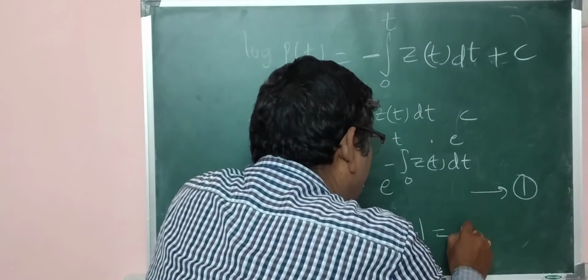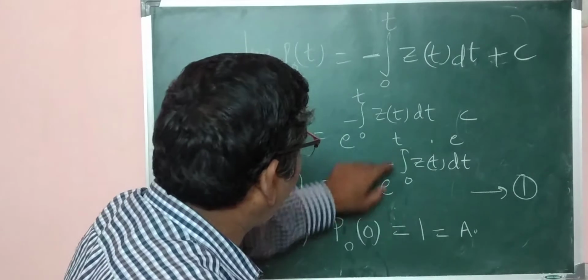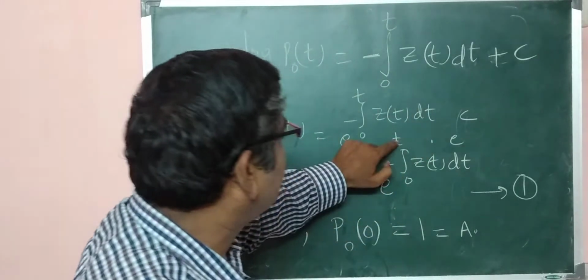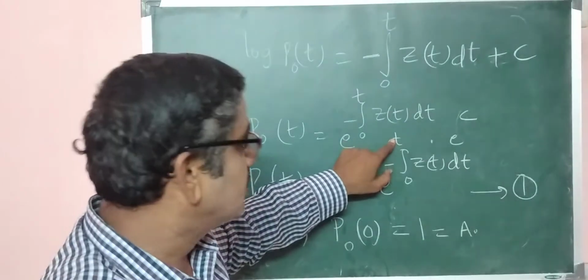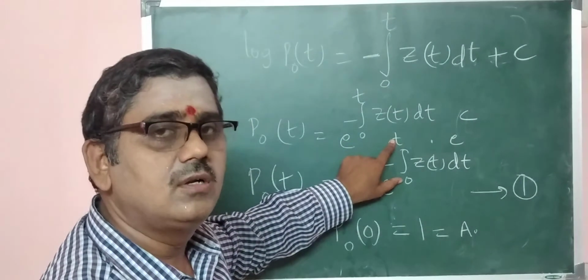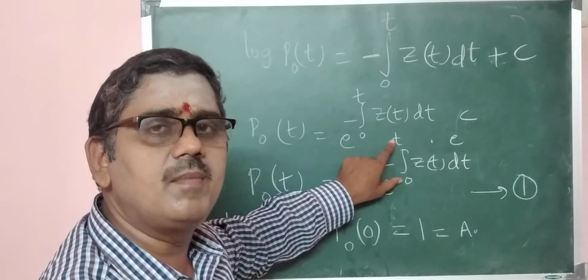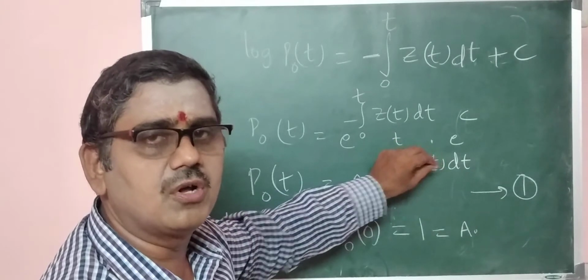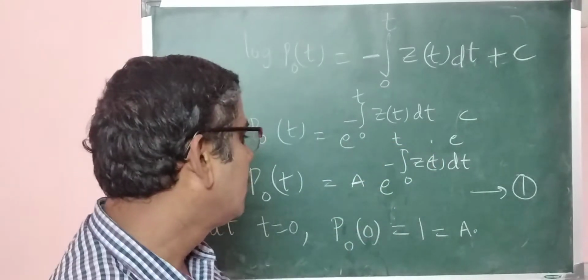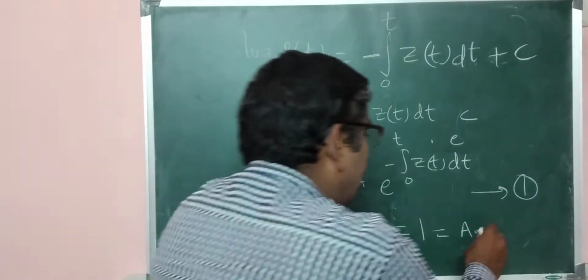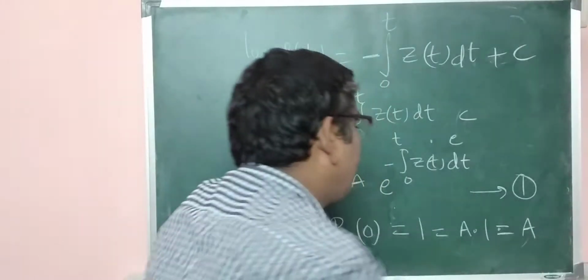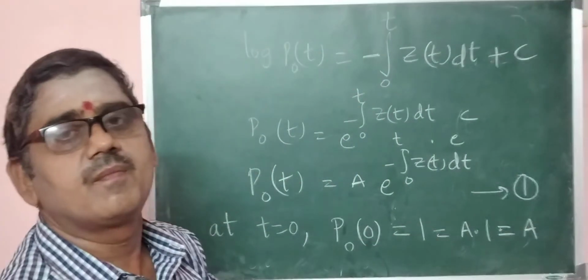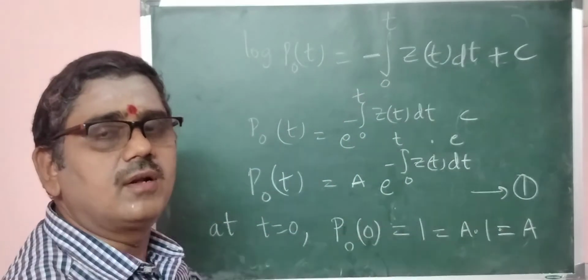It is equivalent to b a multiplied by e power integral 0 to 0, t is equal to 0. Substitute 0 on the right hand side part, integral 0 to 0. Upper limit and lower limit are same, so the integrand becomes 0. E power 0 is 1. So a multiplied by 1 is equal to b a. So therefore a is equal to 1.